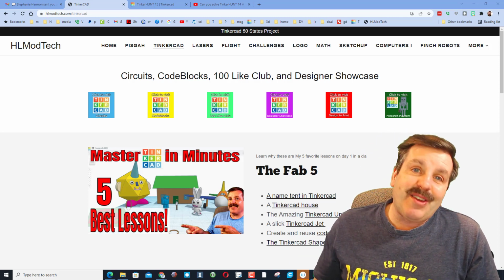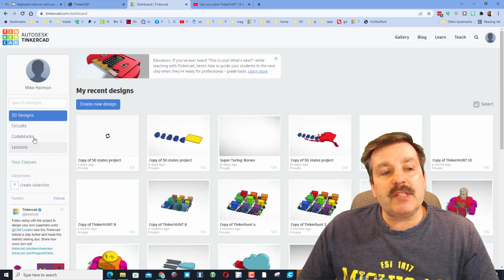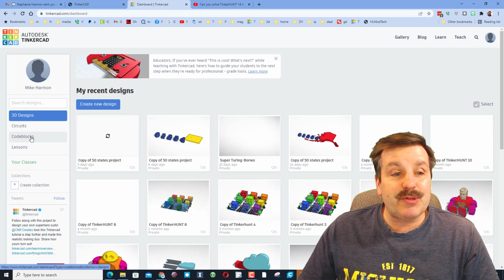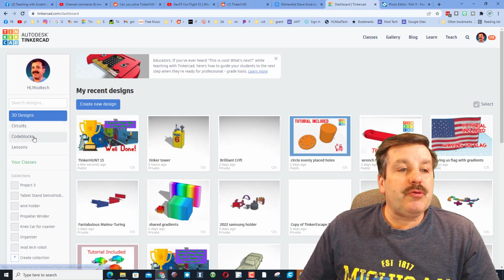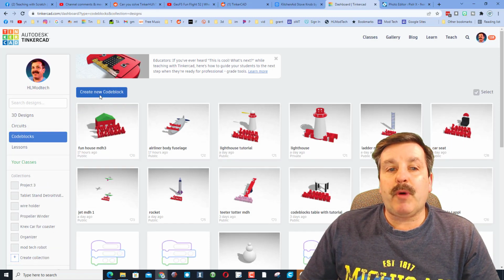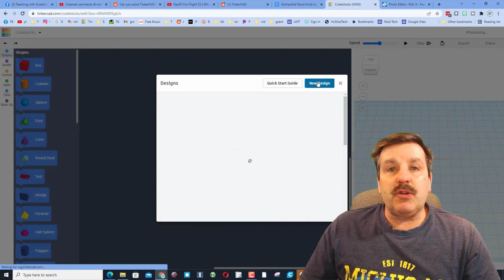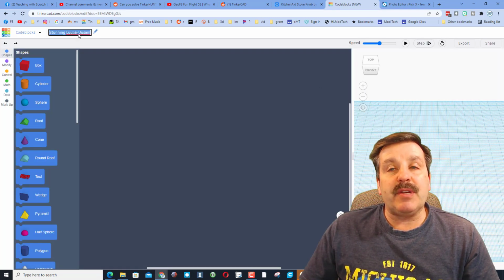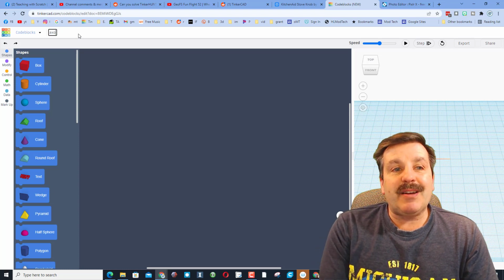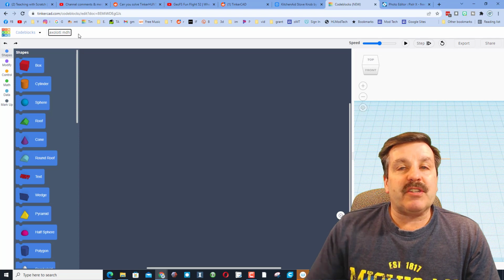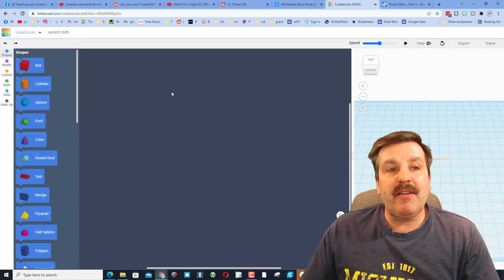So let's get cracking. Friends, the first step, of course, is to sign in to Tinkercad. If you haven't done that before, I choose sign in with Google. Make sure you choose code blocks, and then we want to create a brand new code block. When you hit new design, the first thing I always do is rename it. This one is going to be an Axolotl. And then if you put your initials after it, that way it's easy to keep track of if you ever